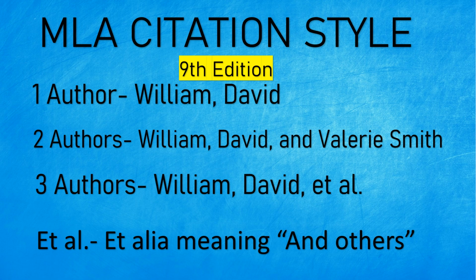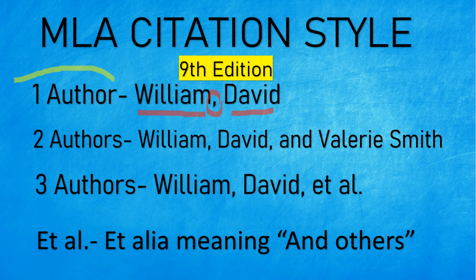As you can find, there is one author, and you might get confused: what does one author mean? Suppose a book or article is written by only a single author. This means one author means single author. Then how is the single author to be written in a citation? Suppose this book is written by David William. In the citation, the surname, William, will come first, and David will come just after the surname, with a comma after the surname. That is how you write a single author.